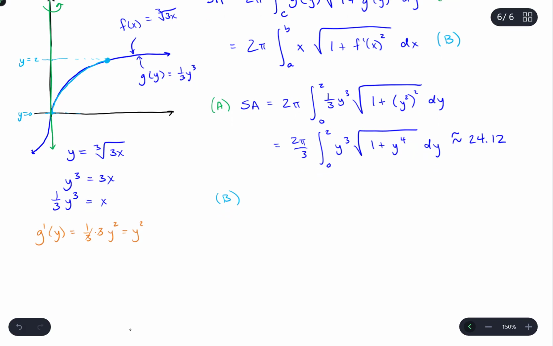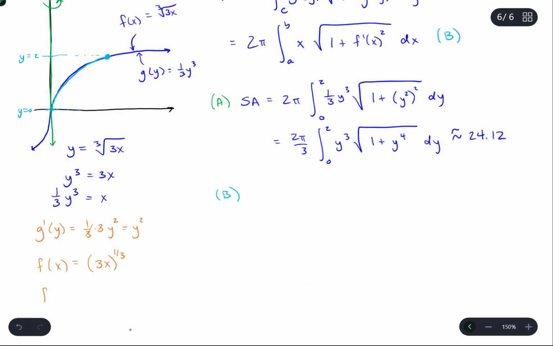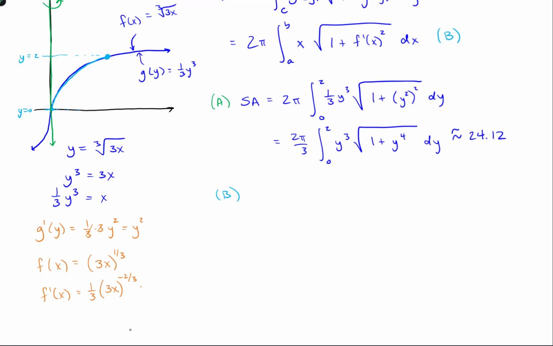So let's see, if f of x is 3x to the 1/3 power, which is equivalent to the cube root, then the derivative of f, we bring the 1/3 down, 3x to the negative 2/3 power, and I actually need to use the chain rule here, so multiply by the derivative of the inside part, which would just be 3, so 3 times 1/3, we get 3x to the negative 2/3 power, and I think I'll just leave it like that. I think that'll be fine. Okay,